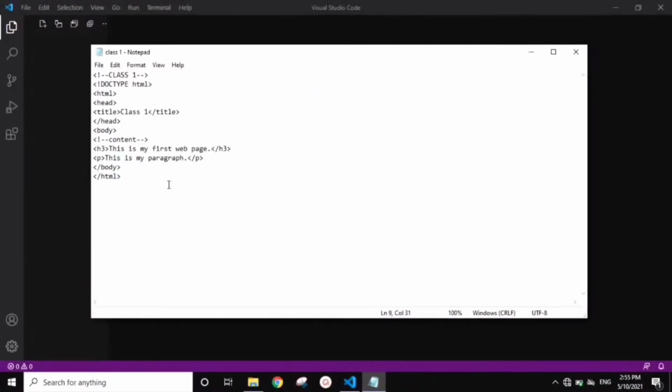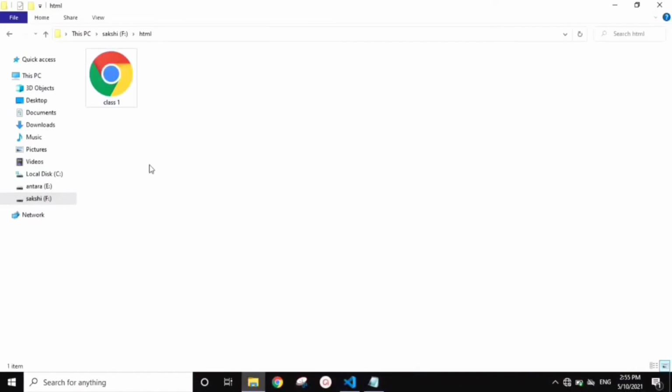Once I have saved my file, I will go to my desired folder. I will get the file with the Chrome icon if you have Chrome as your default browser. Otherwise, whatever your default browser is, you will see that. To open this, you don't need any internet connection. It is local to your computer.